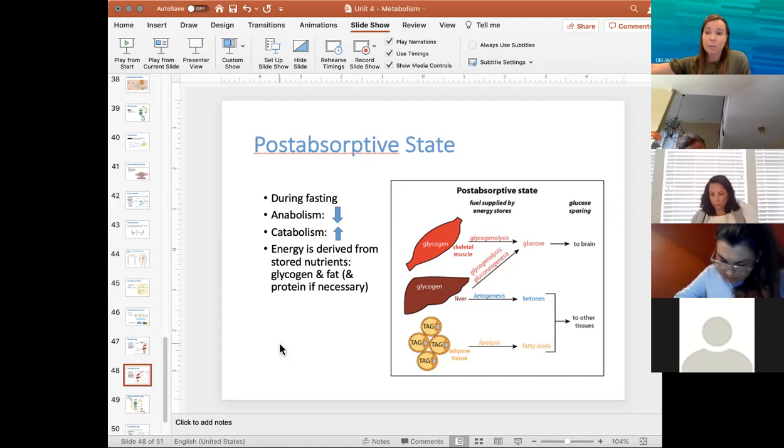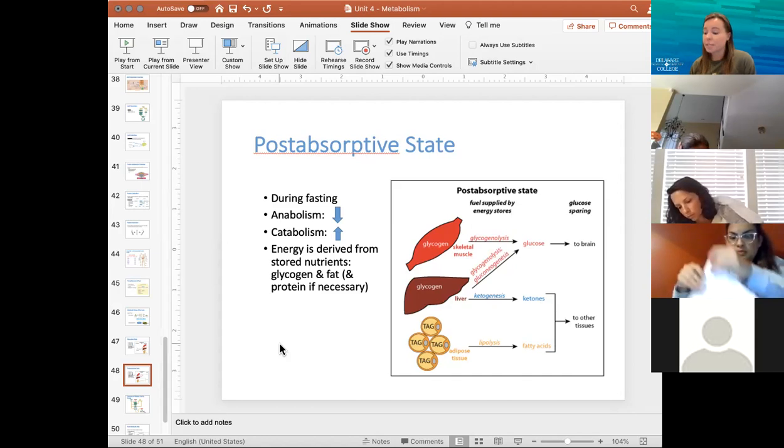So during the first state that we talked about, the absorptive state, remember it was insulin that was being released. At this point, it's the opposite hormone that gets released, which is glucagon. Glucagon does the opposite of what insulin does. Insulin lowers blood glucose levels. Glucagon raises blood glucose levels. So we can go through this really quickly. It's basically the exact opposite. This chart is the exact opposite of what we just said